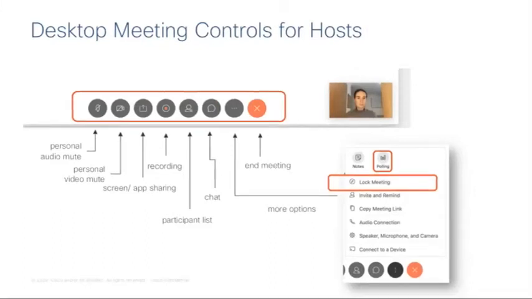So once inside the meeting, you'll see we have a panel of controls. Those in the meeting today will be able to see those controls at the bottom. We can turn on and off our audio and video. We can screen share or content share by clicking on the button with the arrow. If you're the host of the meeting, you can record the meeting. You can toggle on and off the participant list and the chat if you have them enabled. Under more options, you can launch a poll and you can lock the meeting.